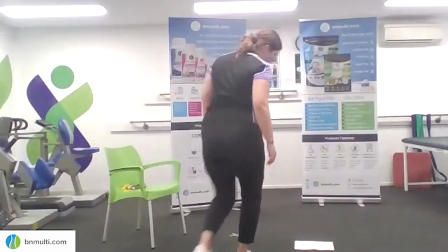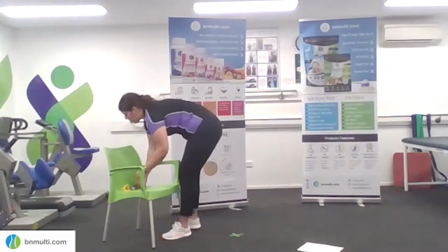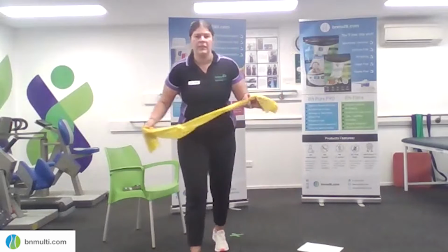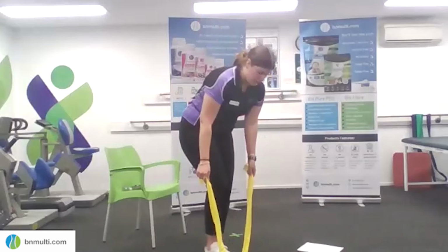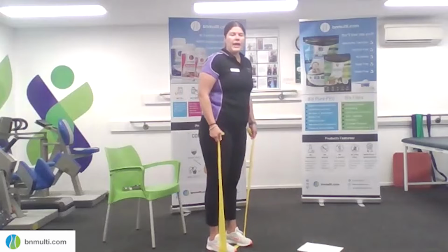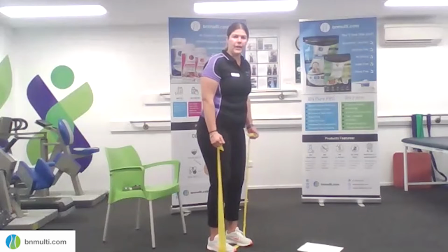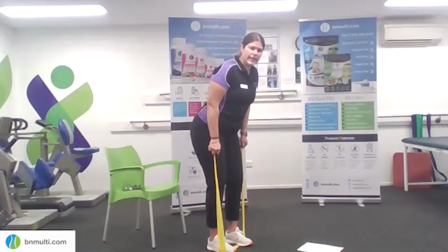Awesome. All right, we'll move into some strength stuff now, guys. So our first one is going to be our banded hinge. So if you wanted to all grab a resistance band, if you have it, and we're going to place it underneath our feet. And so our hinge is, we're going to start with soft knees, so a slight bend in your knees, holding the resistance band in your hands,